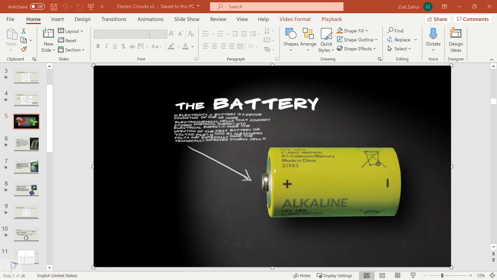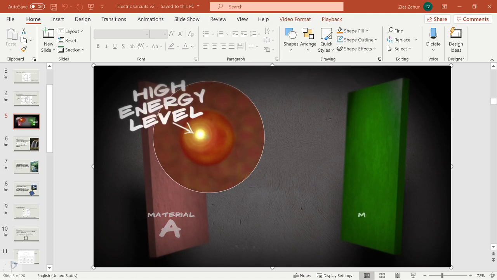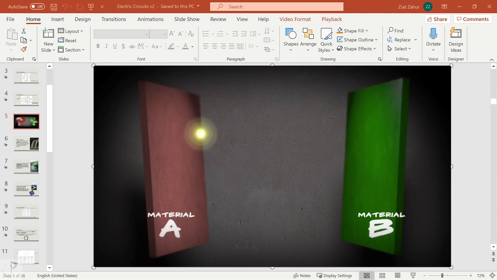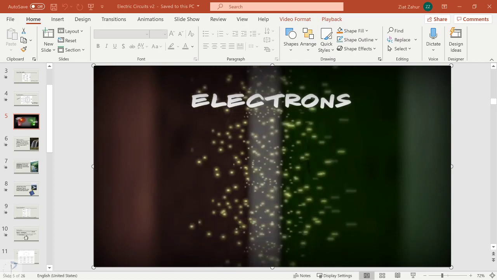The battery. Let's look at what parts make up a generic rechargeable battery. First, you need two different materials. One that for an electron is like working 80 hours a week for an abusive boss, high energy level, and the other is like sitting at home collecting paychecks, low energy level. In other words, given the option, an electron in material A would rather be in material B. In fact, if you just put these two materials together, electrons would just hop from one to the other. They would take a shortcut.